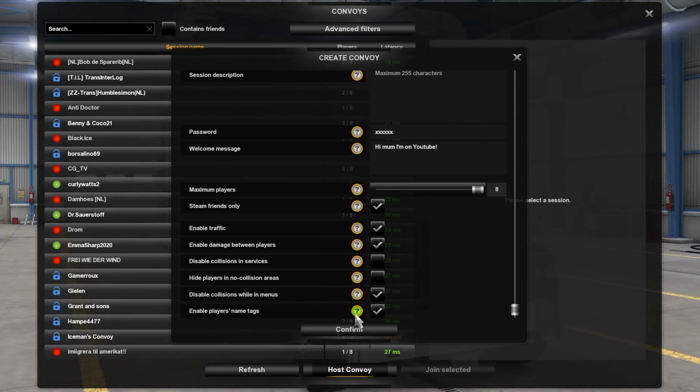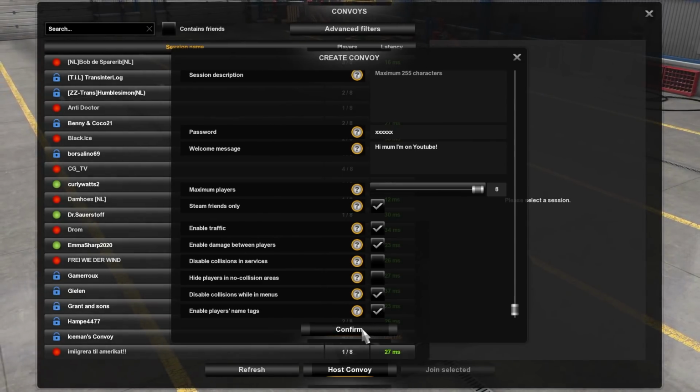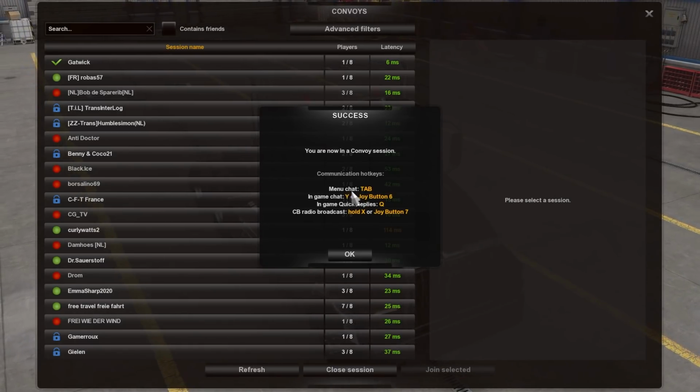And then enable player tags. We had this on, and pressing the Alt key didn't turn it off, which is probably just a bug. Again, it's up to you whether you want that on or off. Personal preference. Click confirm. Then you get a confirmation that you press Tab for the in-game chat in